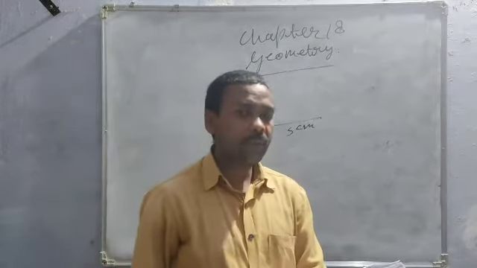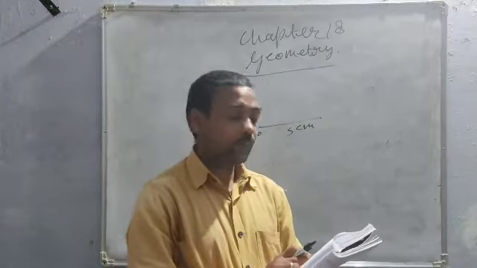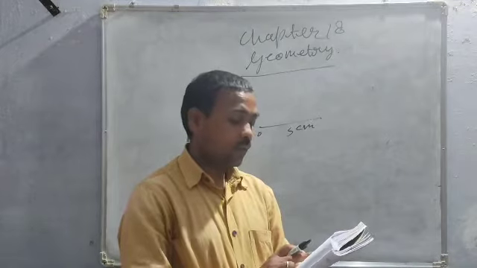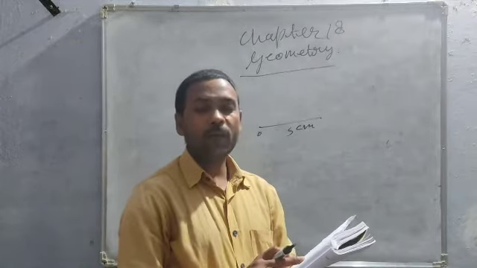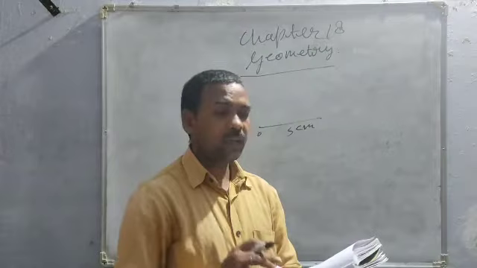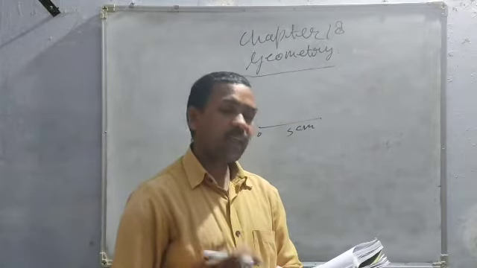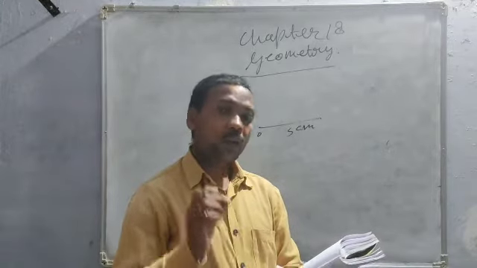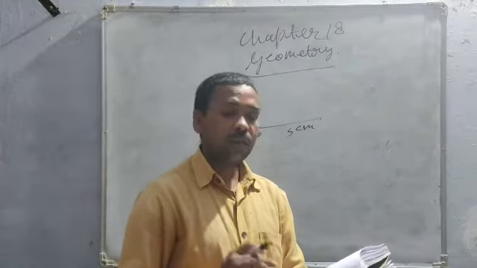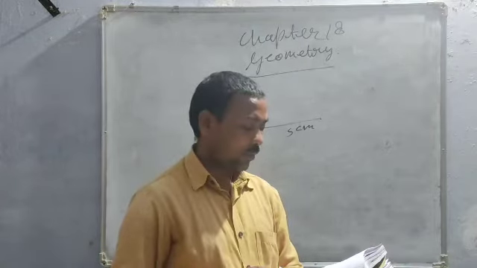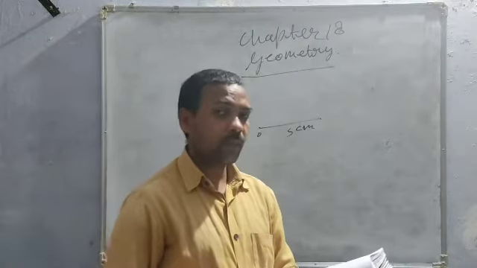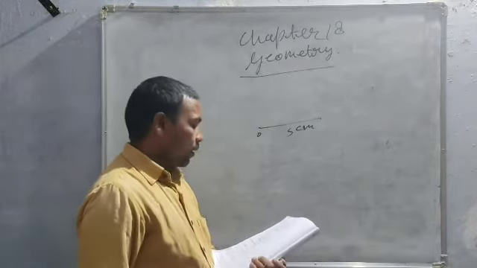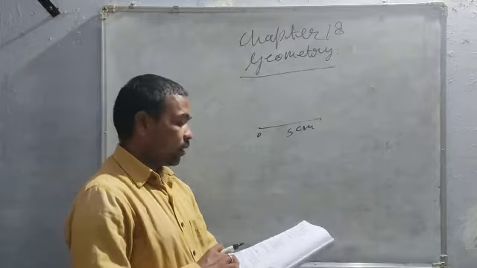A 7.5 means the length that is the middle of the division 7 and 8. It is given on the scale, you can draw easily. And 8.3 is after 8, the third small division. You know that every long division is divided into 10 small divisions and each small division on your scale is known as 0.1 centimeter. And 10 small divisions make 1 centimeter. Draw a line and name it. It is by definition, you can do it.